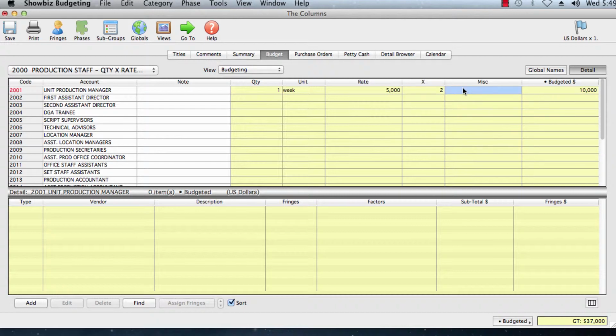$10,000. And much like the quantity times rate type, we also have this miscellaneous column. Let's say they're getting $600 a week for travel expenses, a total of $1,200. We'll simply type in that $1,200, hit the enter key, and there you go. It's added right in. Again, you've now got a little bit more flexibility with respect to the entry using this